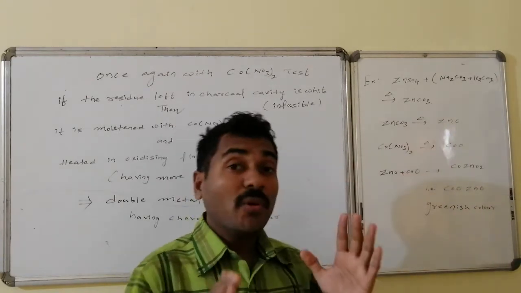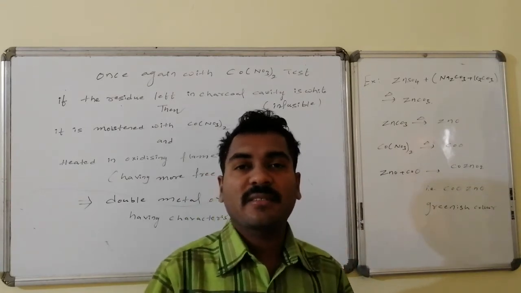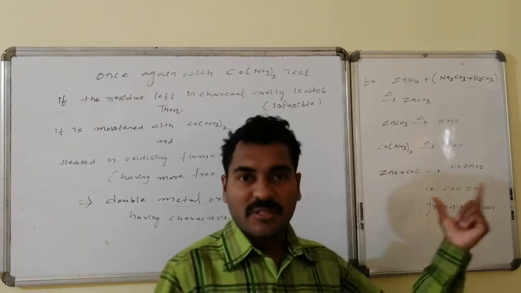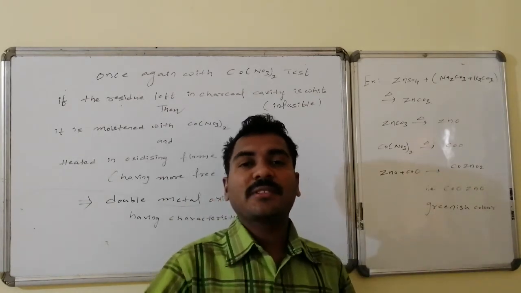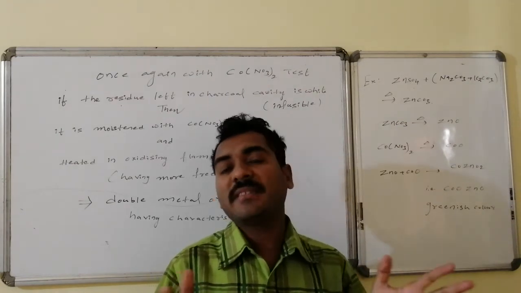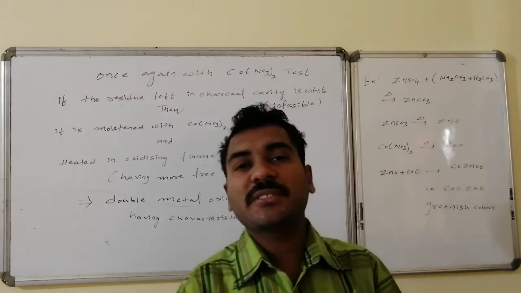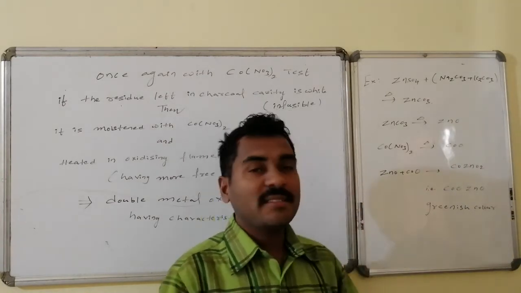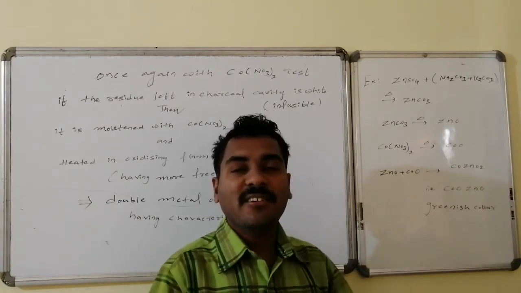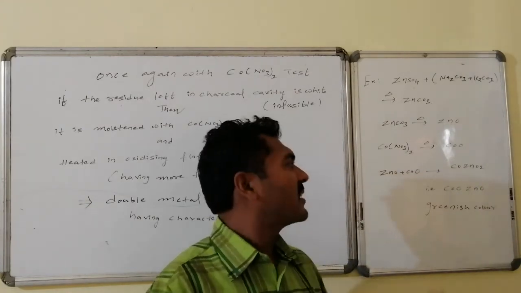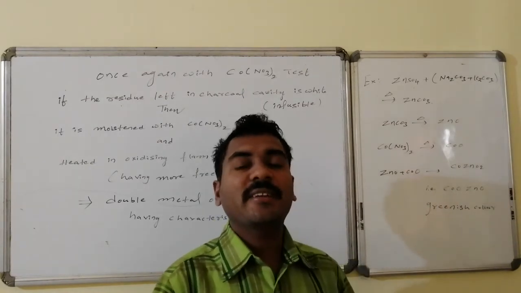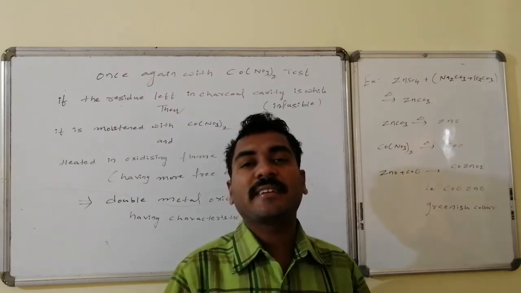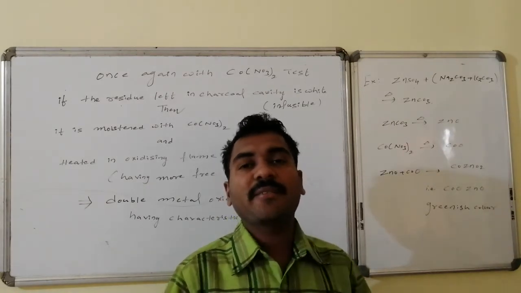This is the before part of the chemical transformation for the cobalt nitrate test. Whereas this metal oxide, suppose here it is zinc oxide, is allowed to react with the cobalt nitrate followed by heating. Then cobalt nitrate undergoes decomposition to cobalt oxide. Now the cobalt oxide and the zinc oxide combine and are present in the form of cobalt oxide zinc oxide in 1:1 ratio as an adduct. Else we can write it as cobalt zincate, CoZnO2. This adduct has a characteristic color. In the case of zinc, it has a greenish color.